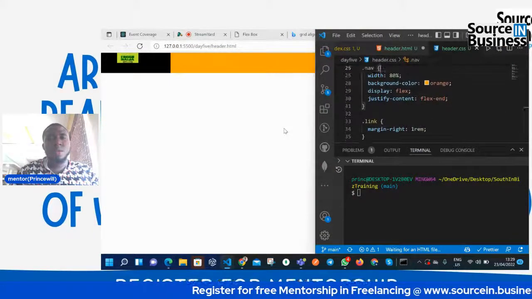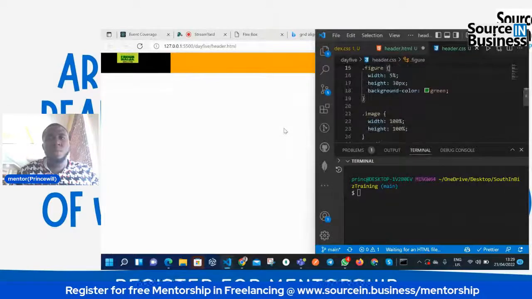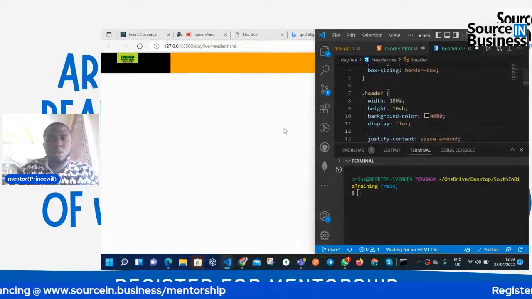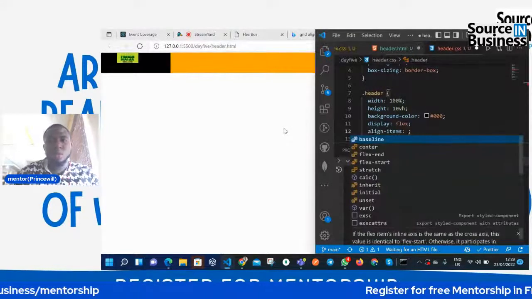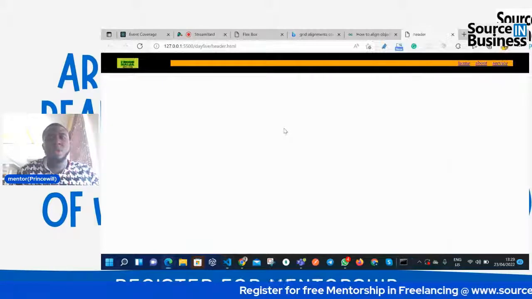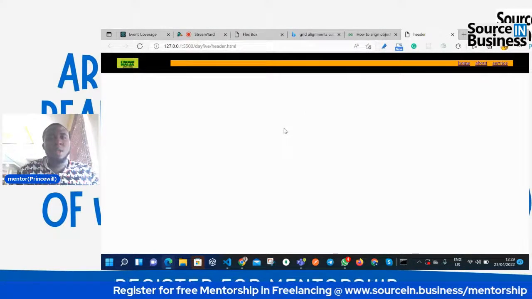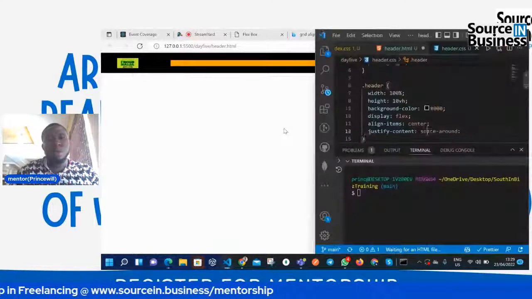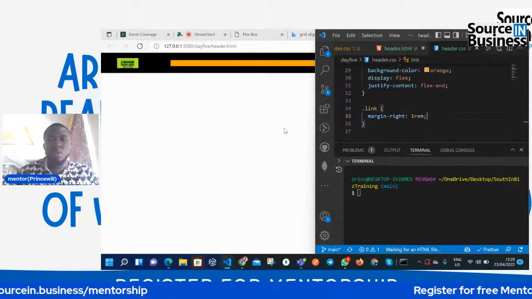So here you can now say we want to bring all of them to the center of the header. So how do we do that? We say align-items to center. So it now brings all of our heading and our pages to the center of the page. So here we want to make the links to be in capital letters. So we can say text-transform capitalize. Here we have now done it. We can also remove